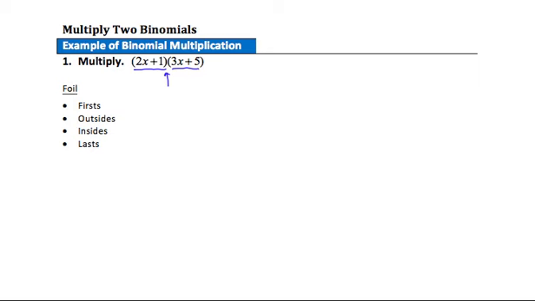So I have 2x plus 1. And I'm multiplying everything in there times everything in here. So what I'm going to do is I'm going to just do this in an organized fashion. I'll use the distributive property, meaning I'll just distribute this 2x first. I will go through and multiply that 2x times each of those terms on the right. Secondly, I'll go through and distribute this positive 1 and multiply it times those two terms. When I've done that, then I've multiplied all four of these terms together,